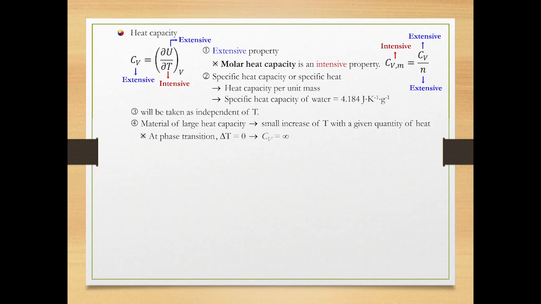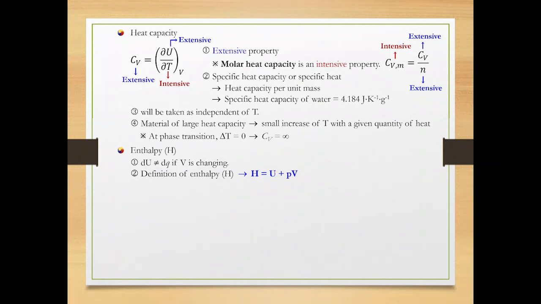We learned previously how delta U and C sub V are related, and we also learned that delta U is a form of heat. But there is another form of heat called enthalpy, which is denoted by capital H. In the previous slide, I mentioned that heat transferred at constant volume is internal energy, and when the volume is changing, heat transferred, or dQ, is not equal to internal energy. Here comes new form of heat called enthalpy. Enthalpy is defined as internal energy plus pressure times volume, or capital U plus P times V.